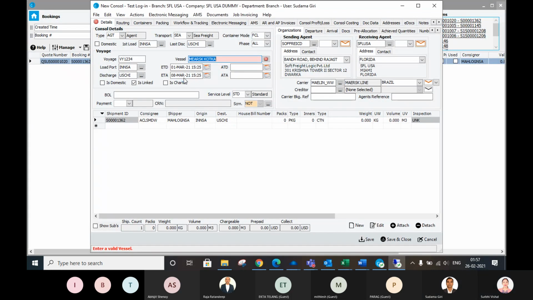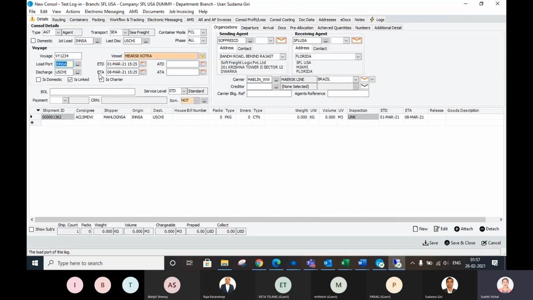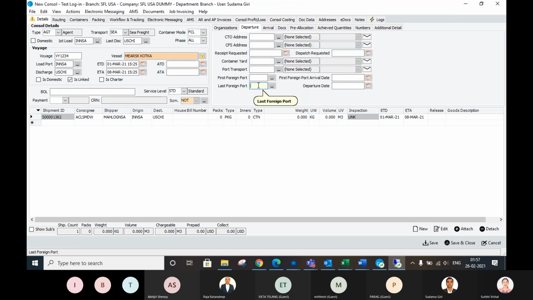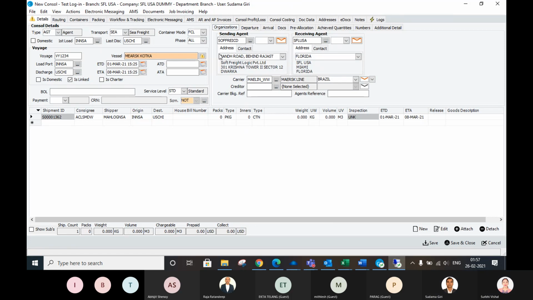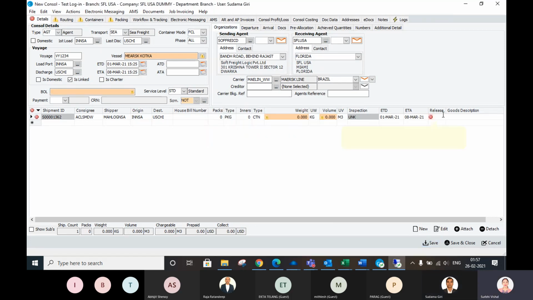And in the departure, put last foreign port as Nhava Sheva. And then save this. Okay, EBL.